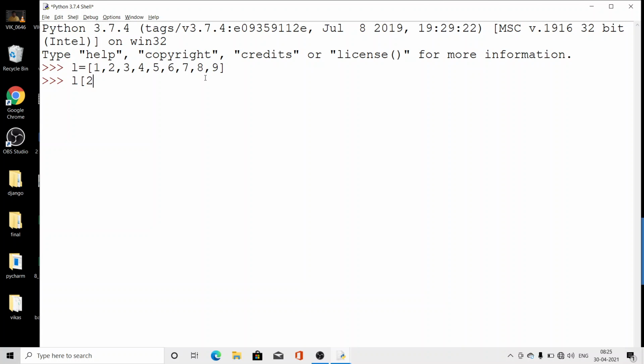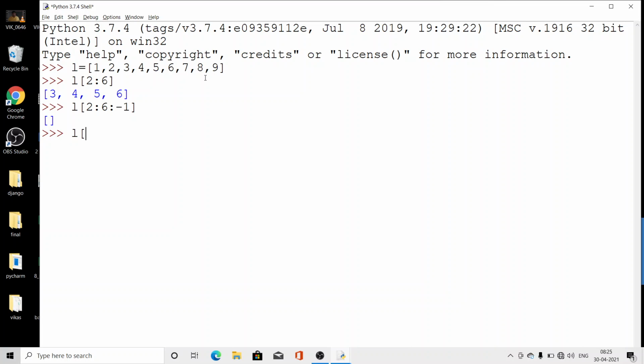I wrote here L[2:6], so it returns 3, 4, 5, 6. Again I wrote here L[2:6], with minus 1. Clear? So it returned the values from where? The opposite direction. Opposite direction means it has to go like that.